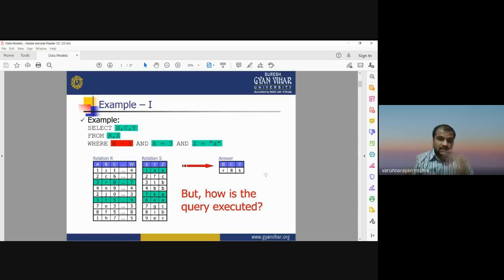If we have a relational database table and all the tables have some data sets, and we are going to query something from our table, how does it work? We just give some command and it retrieves the information from the table, and the answer is R8K. But how does it work and what are the processes behind this kind of processing?